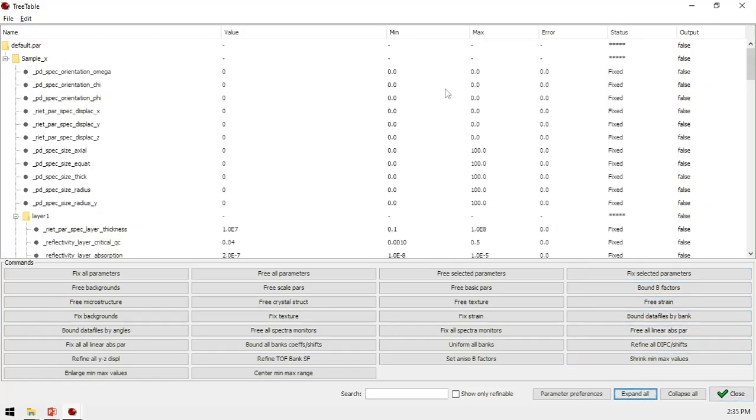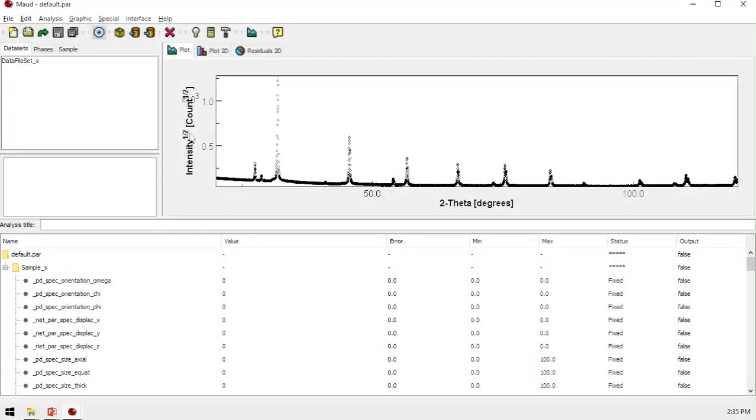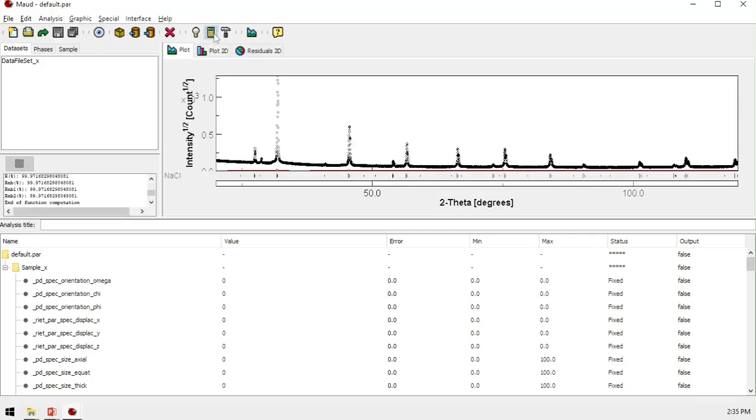This is a complex equation, but to be simple for the beginning, we will fix all parameters, free background and free scale factors, and then we press close. First we have to compute the spectra, and then we start the launch parameter refinement.